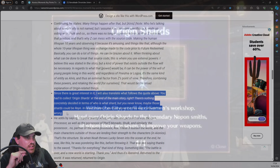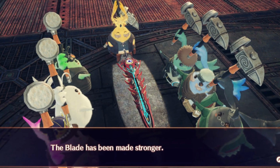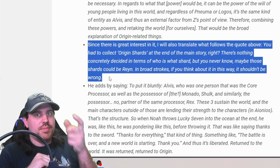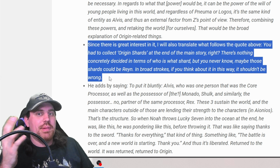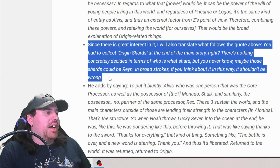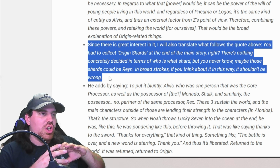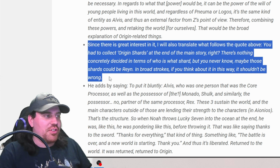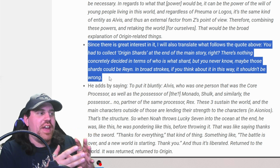When you had to collect the shards, I believe it was to upgrade Lucky 7 to give it a little more power to fight Mobius. One shard could have been Rhine, another shard could have been Dunban, maybe Morag, maybe Zeke. I mean, we don't really know for sure. And the art book does give some answers to some questions, but of course, like with the Malos one, we get a little bit of an answer, but still kind of vague,